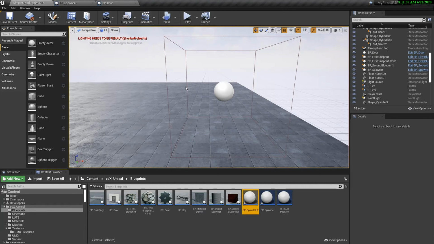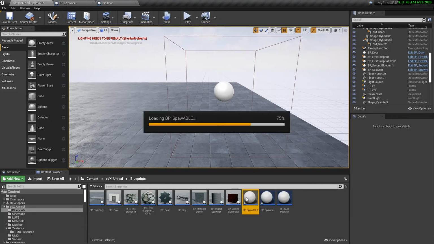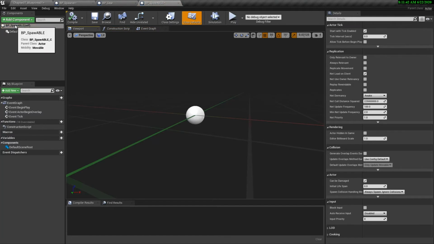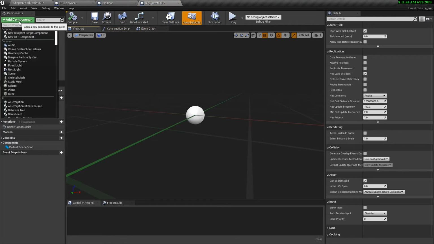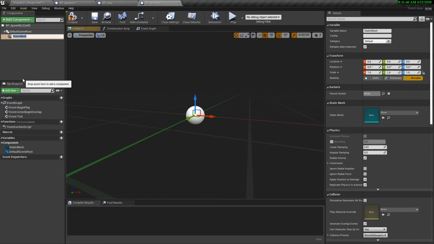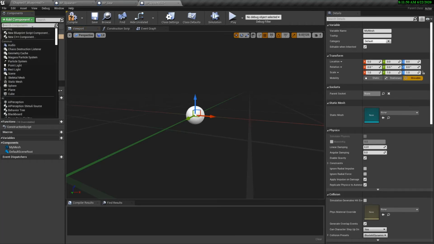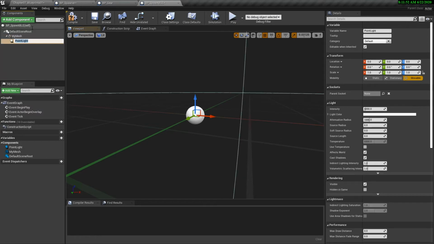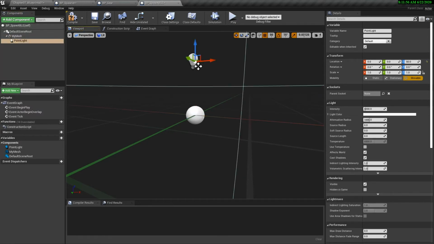So we have the spawner and then we have the spawnable. And inside the spawnable, we'll create a cone. So we'll add a component and it'll be our static mesh. We'll say my mesh, and we could even put in a point light if we wanted. We don't want to have too many of these because they can get expensive if you have too many, but